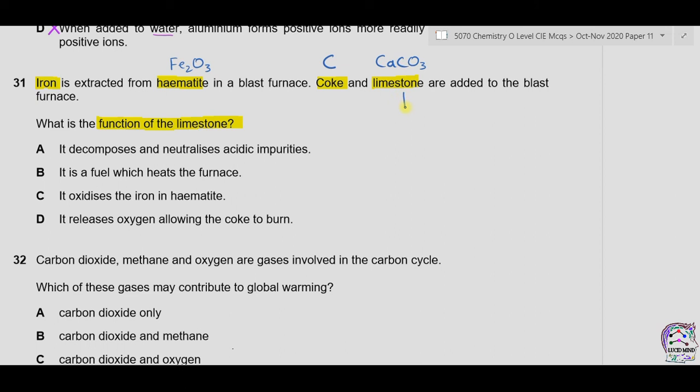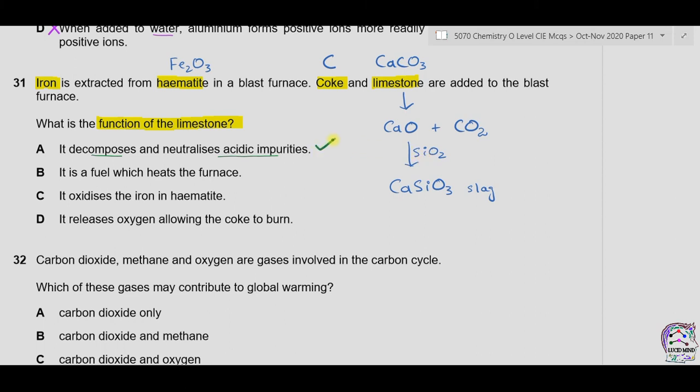Now when limestone is added to blast furnace, what happens is that at a higher temperature calcium carbonate decomposes into calcium oxide and forms carbon dioxide gas. Now calcium oxide is basic in nature, it will react with acidic impurities such as silicon dioxide to form slag of calcium silicate, which is removed. A. It decomposes and neutralizes acidic impurities, as it decomposes into calcium oxide and neutralizes silicon dioxide,